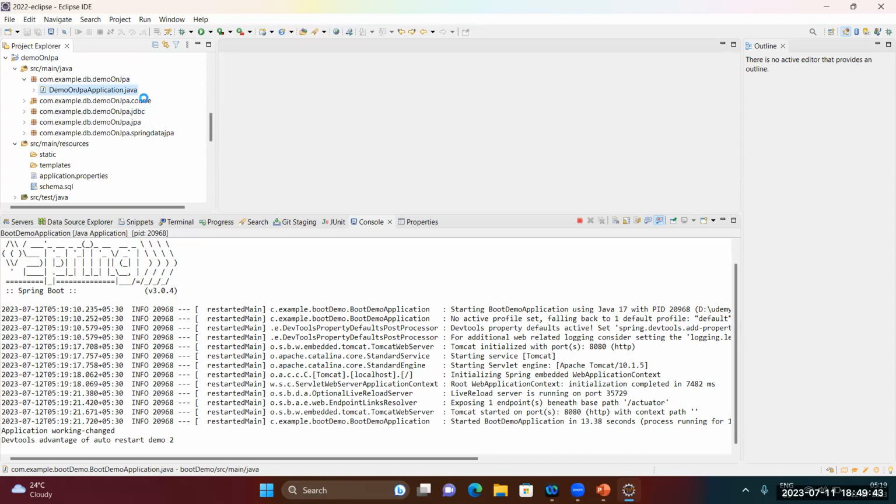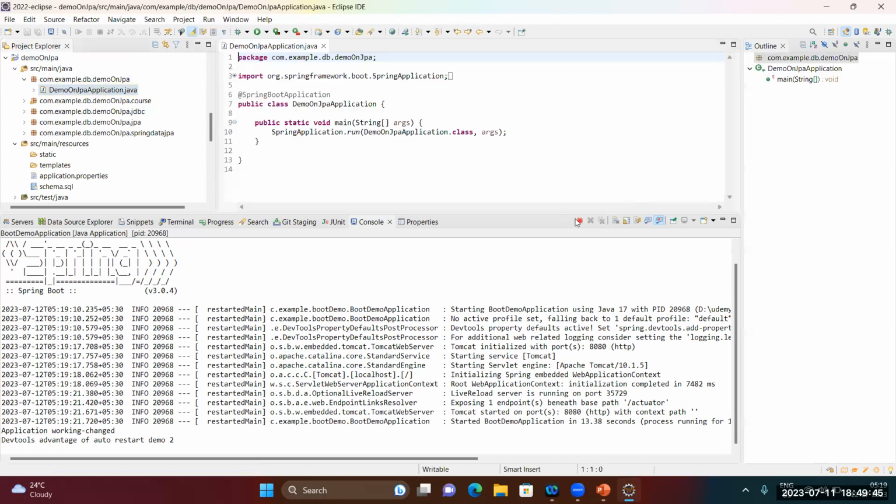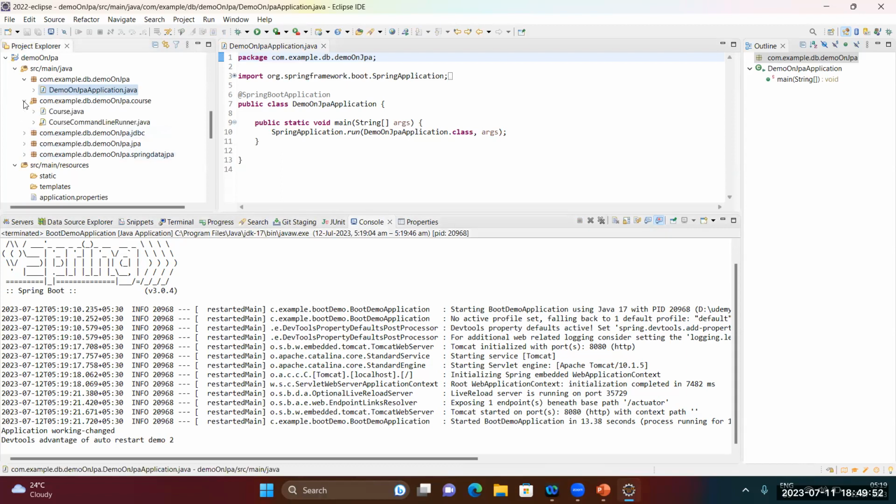So let me continue with the same demo on this application. For this application, first we are going to learn JDBC, and then we are going to go with JPA and then Spring Data JPA, right? I will internally cover Spring JDBC as well when we are covering JDBC. The first one is to